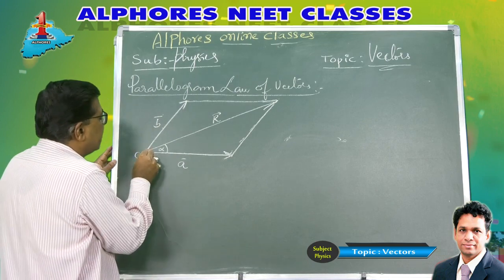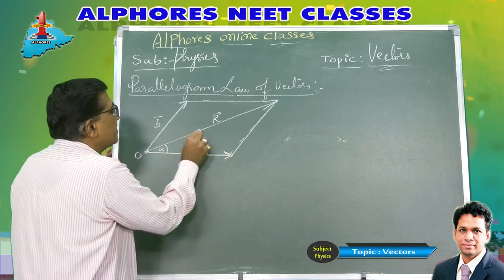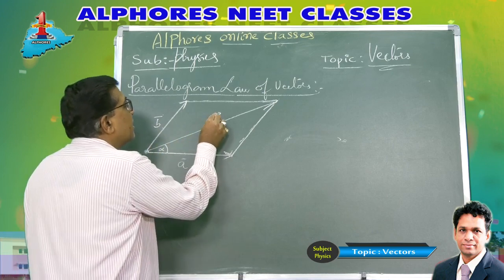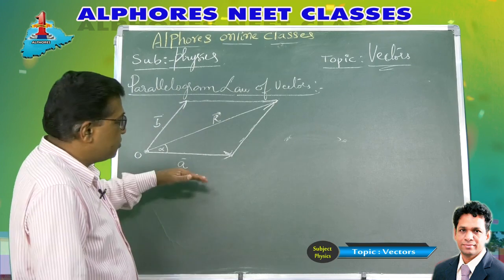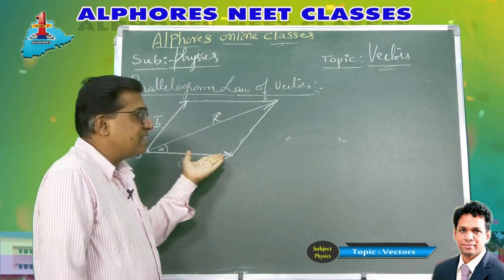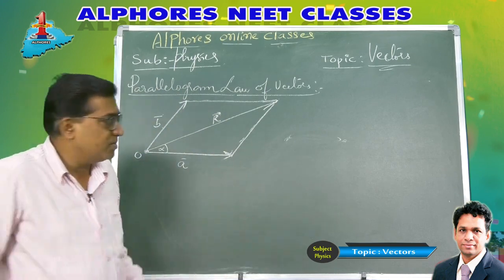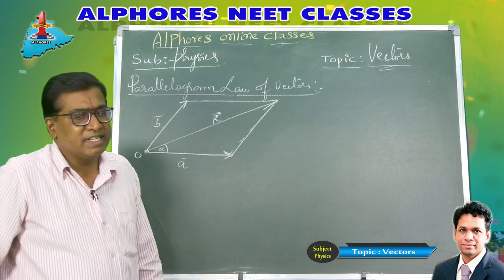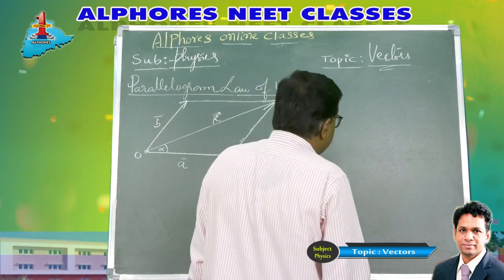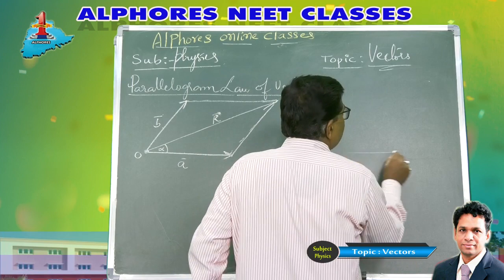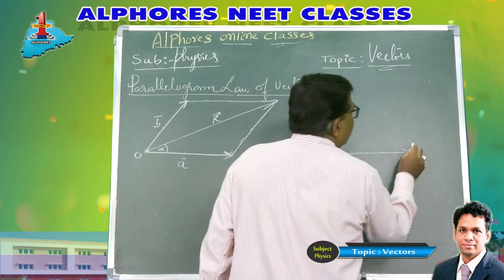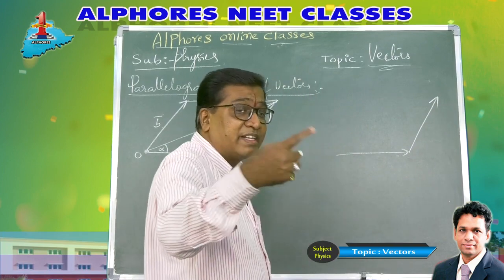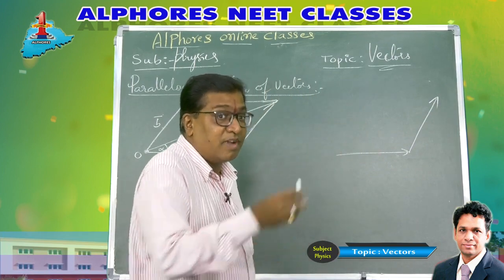So two vectors intersecting here, the diagonal passing through the point of intersection of the vectors represents the resultant vector R bar of these two vectors. Well, this is nothing but the other form of the triangle law. You see, if I represent this A bar, B bar as two sides of a triangle, this is A bar, and I represent this B bar as the continuation to A bar, two vectors taken in order.